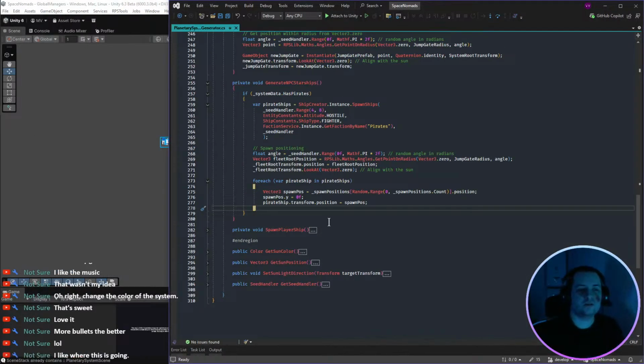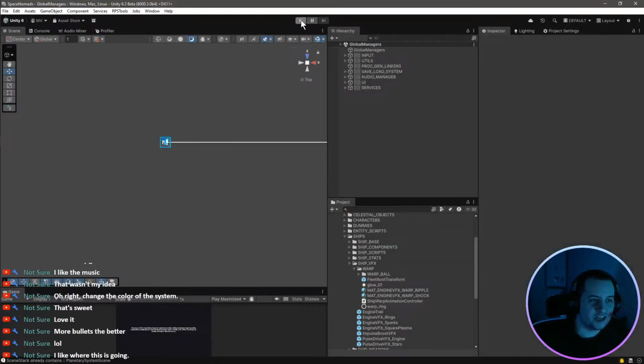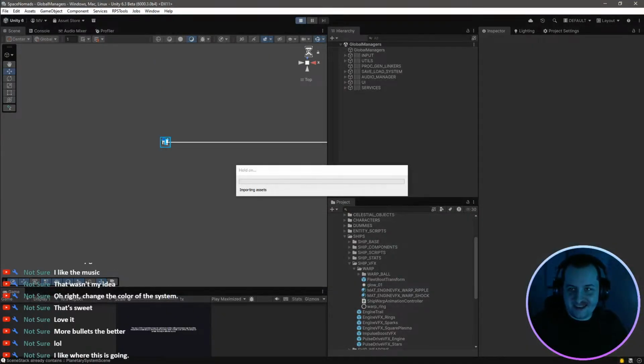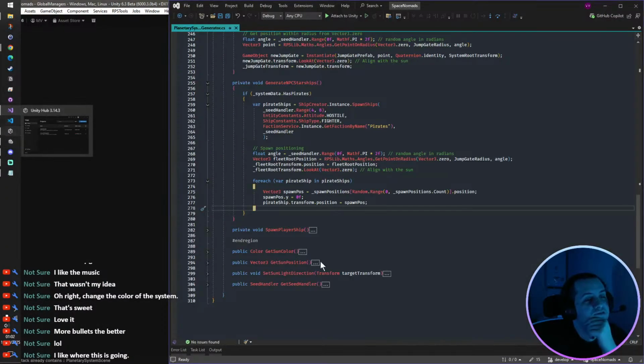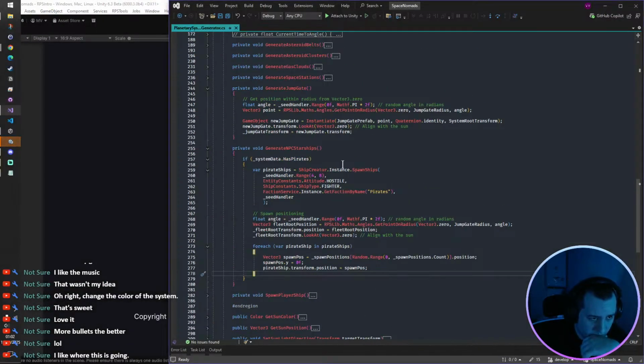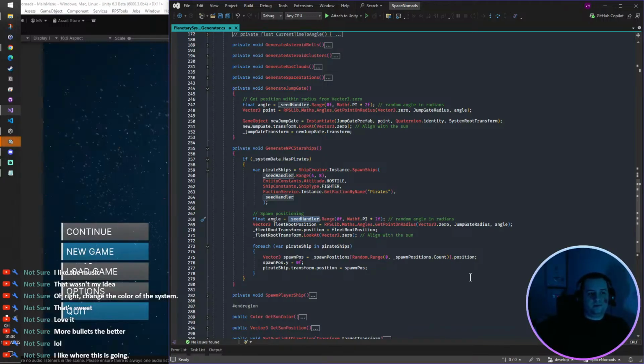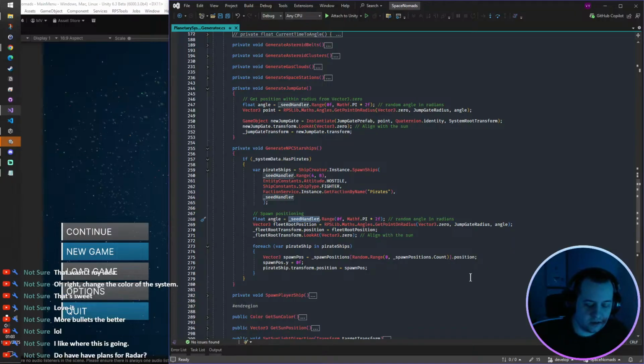Yeah, me too. I'm just hoping that it was by chance they spawned at the same place as the warp gate. Let's try again. Because I'm using the seed handler to get that. Maybe we don't want to. Because I don't care if they spawn in the same position if you go into the same location, same system. So